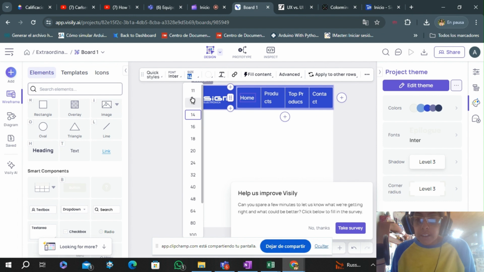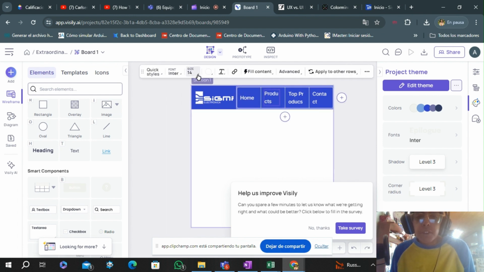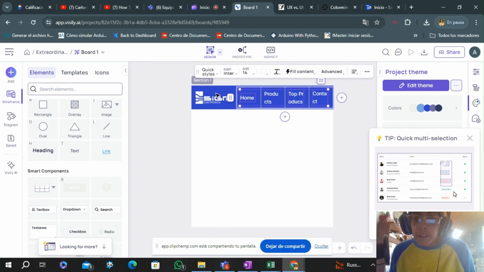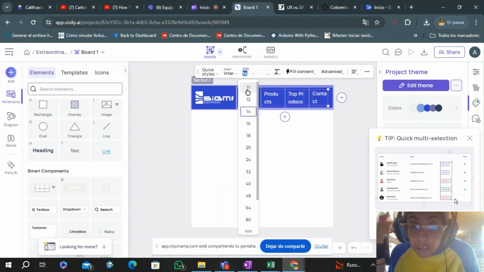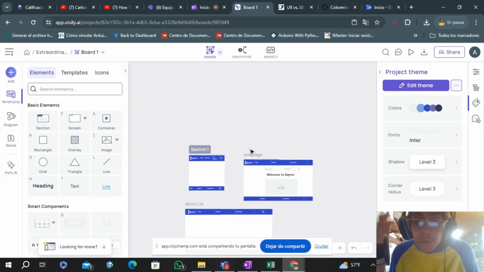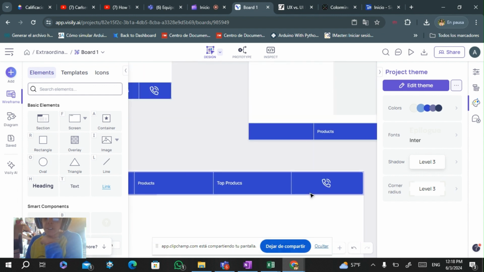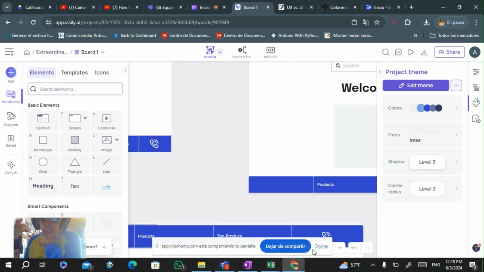Also, we can modify the size. You can put, for example, 11. I don't know if I can choose all the elements. I'm gonna try to choose all the elements. Well, if I put 12. Here we're gonna continue. Here I have a little bit of interference. So as you can see, we attach different elements